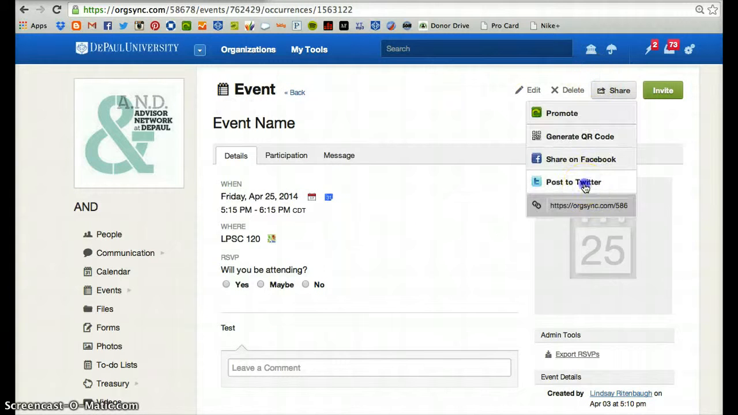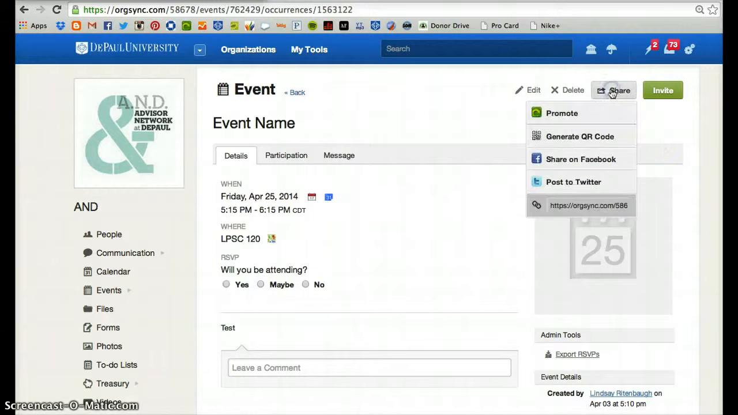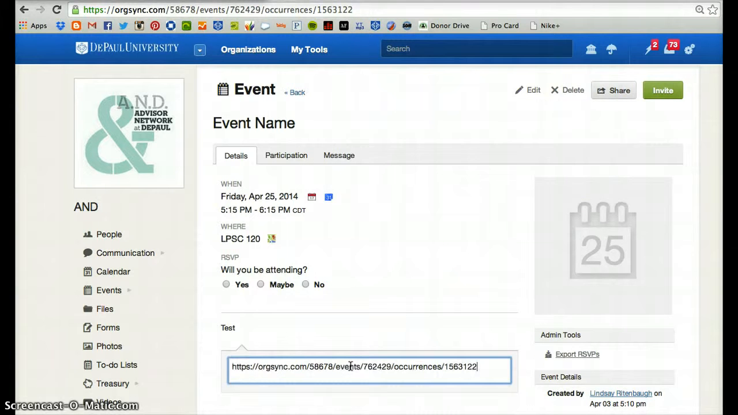You can also share to your Twitter account, and the great thing about this is you can add or remove anything that you'd like from the tweet or add something else that is more important that you'd like to include in your 140 characters. Sign in and tweet, and you can do it that way. Or if you'd like to share in a different way, you can copy and paste the link and enter it into any format. You can enter that in an email, you can enter that in an OrgSync message, whatever you